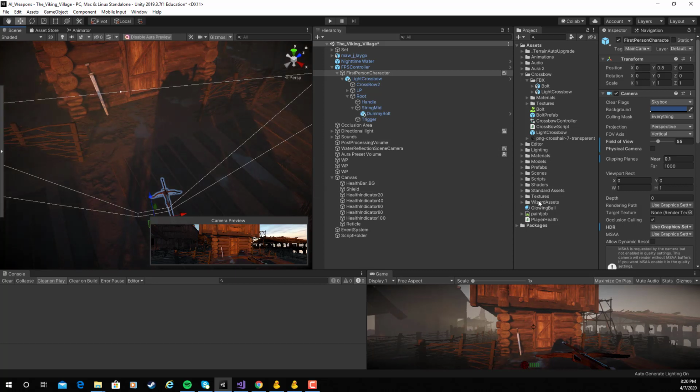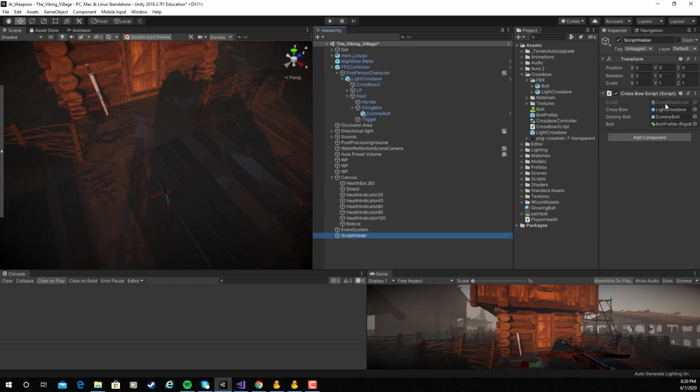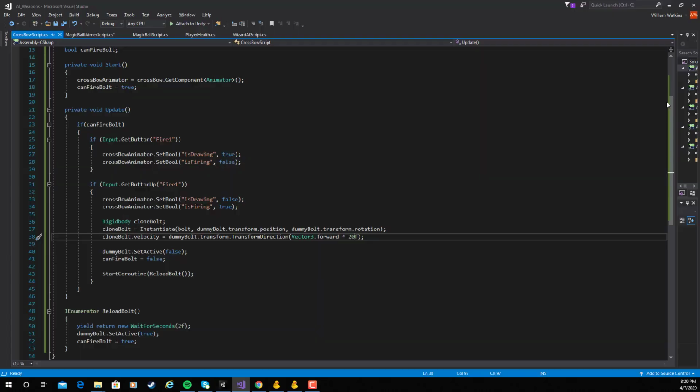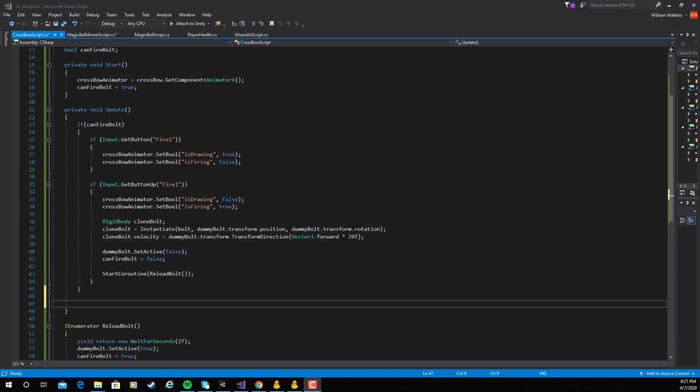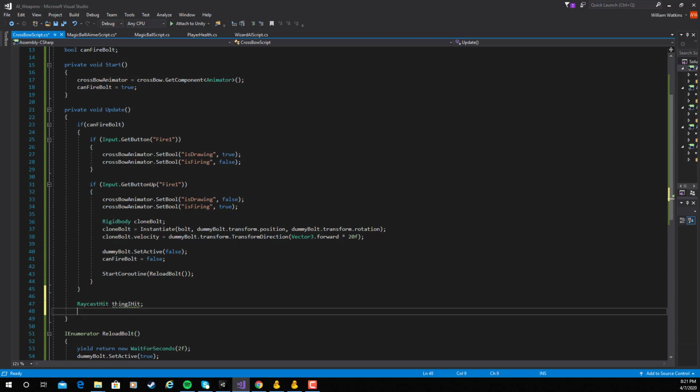So let's look at building that off of our same weapon script. I should be able to click on my crossbow script and start to build the mechanism from here. In the update, let's start building our raycasting mechanism. I'm going to store a raycast hit that I'll call thing I hit, and then we'll start building the raycasting. So we'll say if